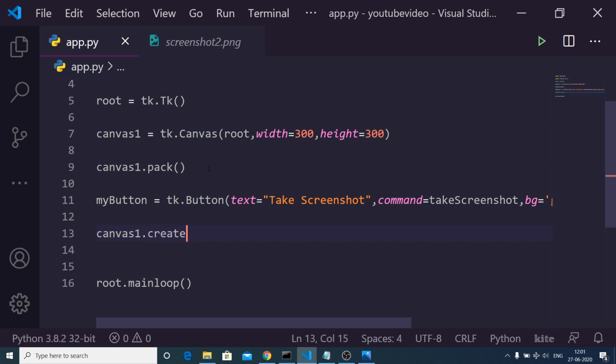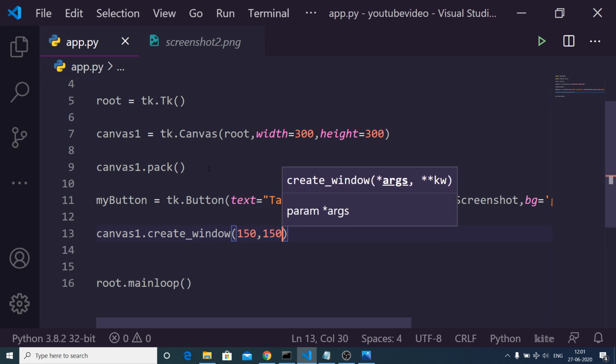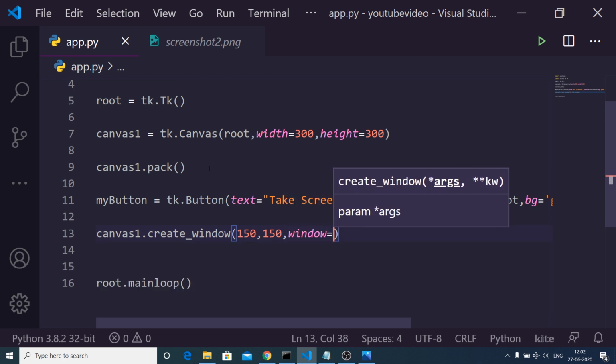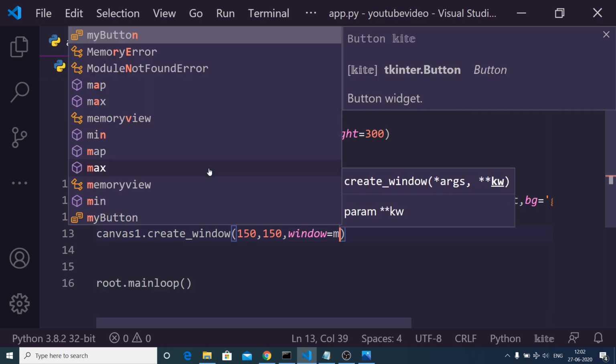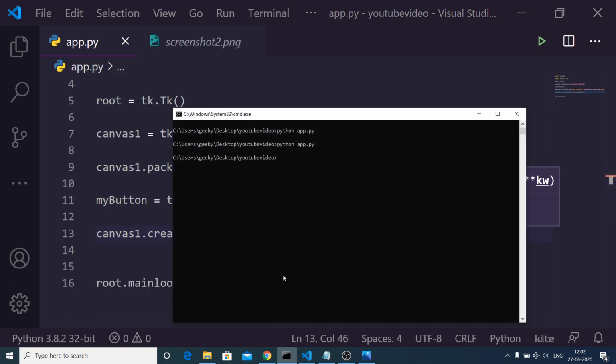We will use this method. Inside this method we will need to pass the position, so for the x and the y we will pass 150 comma 150, and then we will initialize the window to my button. That's it. Now if I run this application, you will see a button which will be appearing right here on the screen. If I run the script,